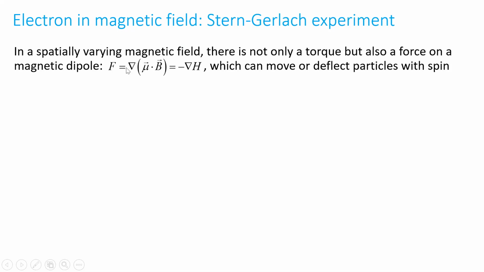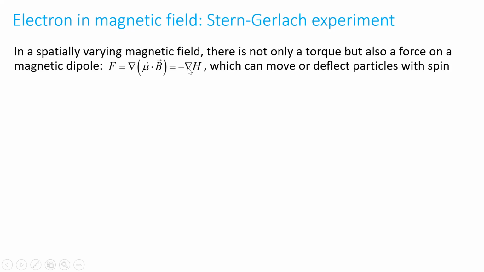And the force is given by the gradient of mu dot B. Well, remember, minus mu dot B is the energy. So this force, which is a vector, is minus the gradient of E